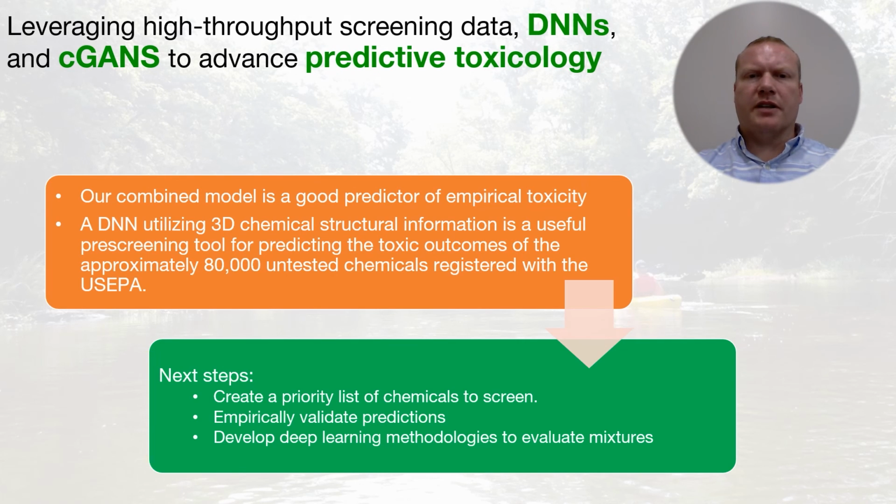Our results show that deep neural network-based generators are capable of predicting zebrafish toxicity utilizing a novel 3D chemical structure algorithm. Our deep neural network generator greatly outperformed other machine learning methods as well as our own GAN generator. But a combined GAN and deep neural network ensemble model resulted in large improvements in positive predicted value, Kappa, and AUROC, resulting in a good predictor of empirical zebrafish toxicity.